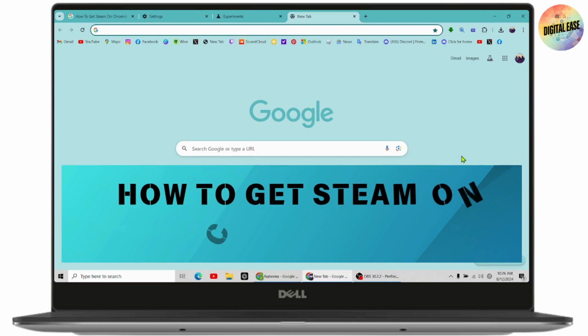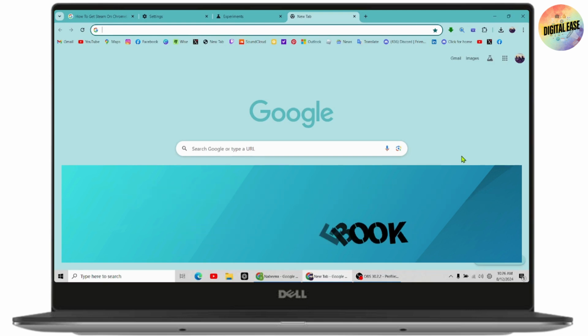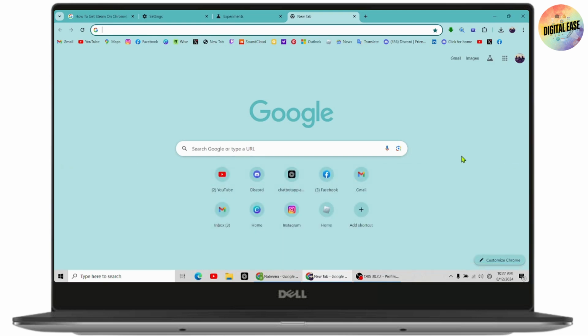How to get Steam on Chromebook. So if you want to get Steam on your Chromebook, then first you need to open up your Chromebook settings